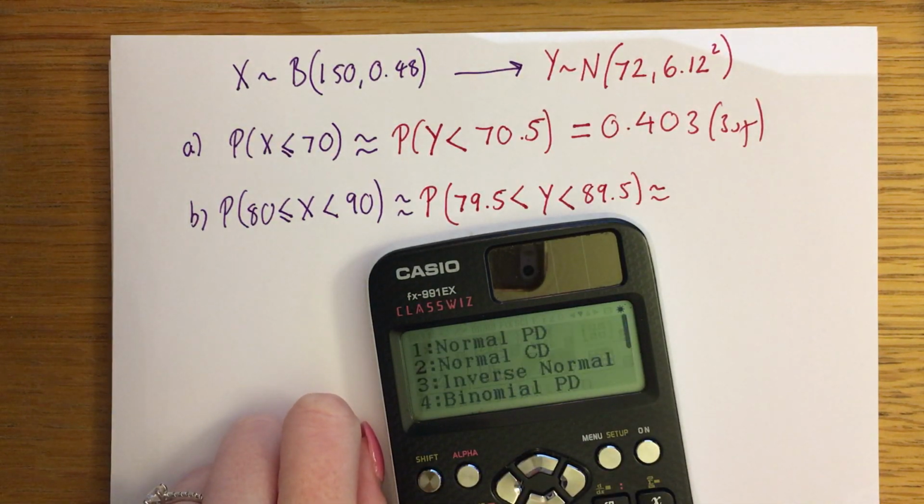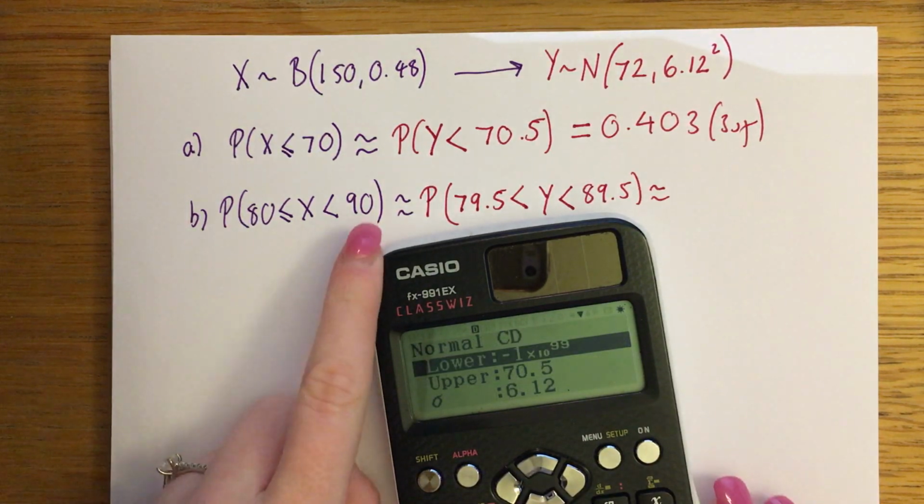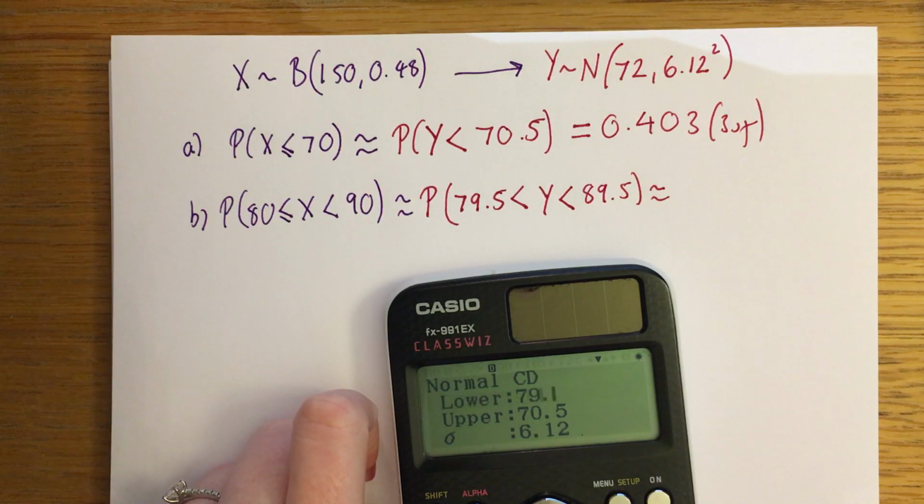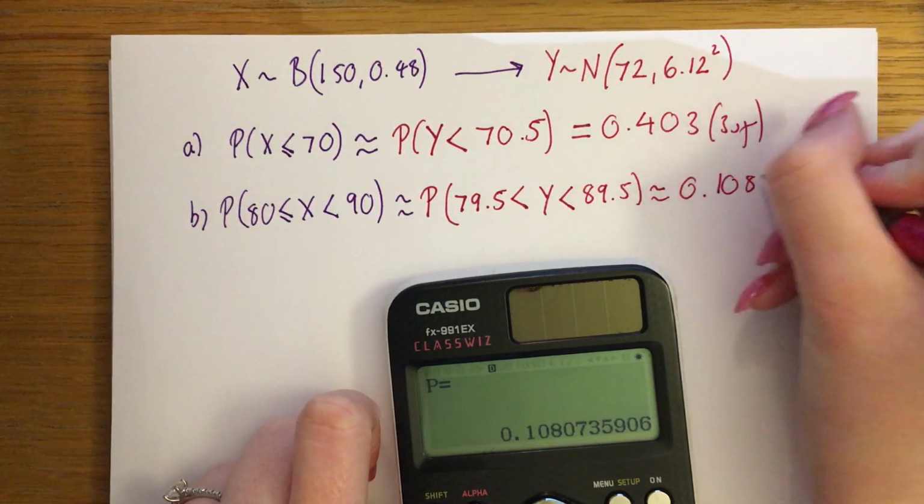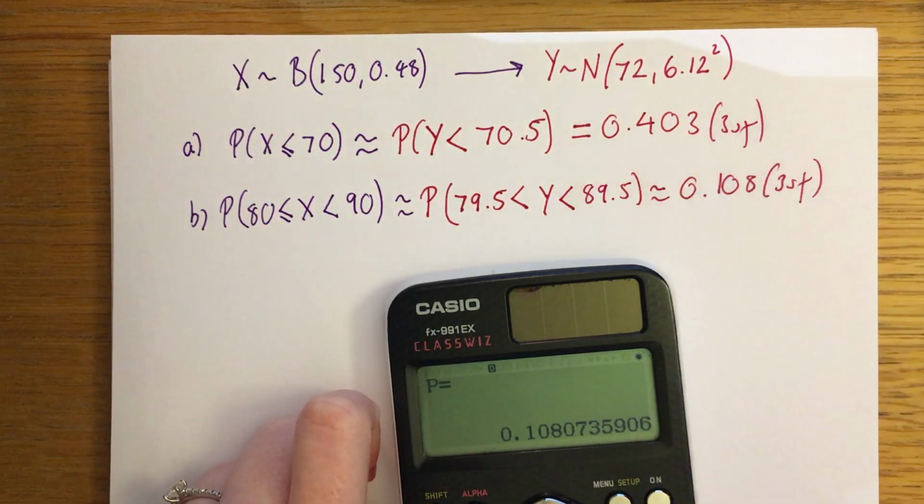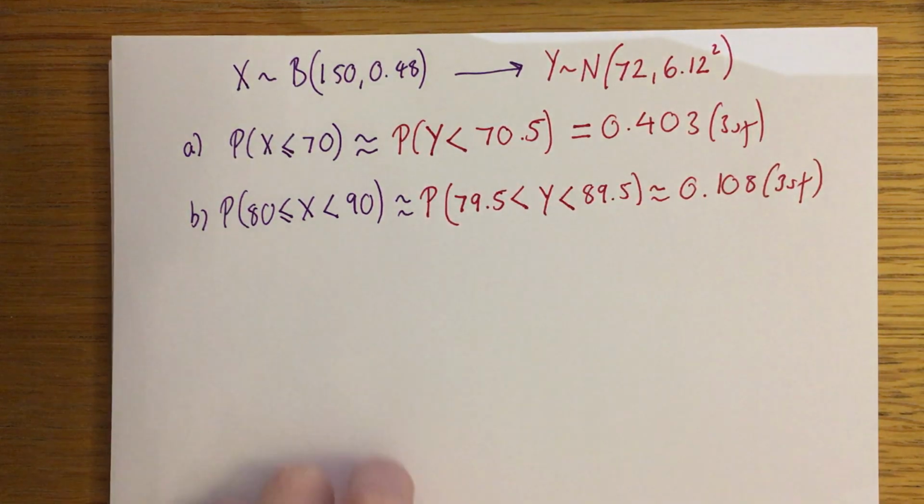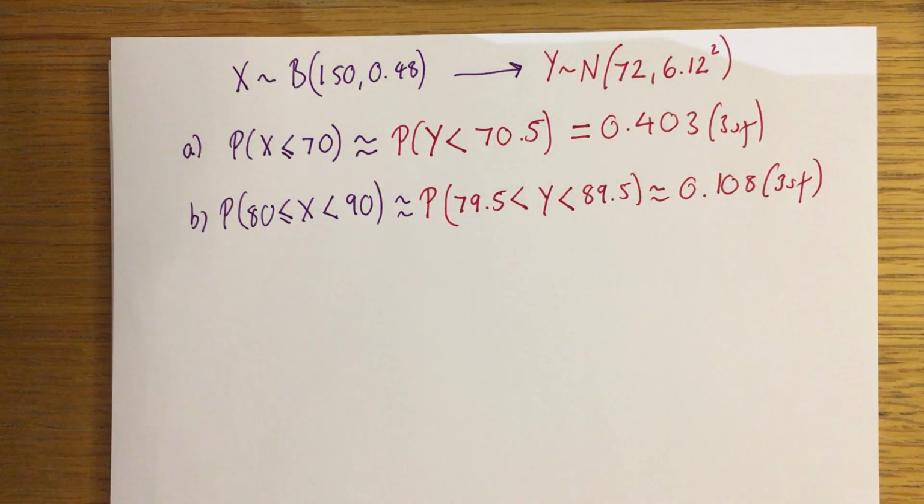So again, normal CD, lower bound 79.5, upper bound 89.5, which is 0.108 to 3 significant figures. So that's it, really straightforward in just a standard type question. For a question in context,